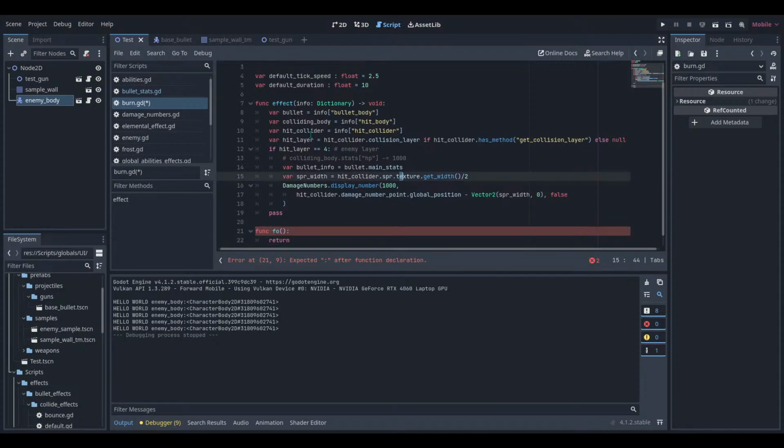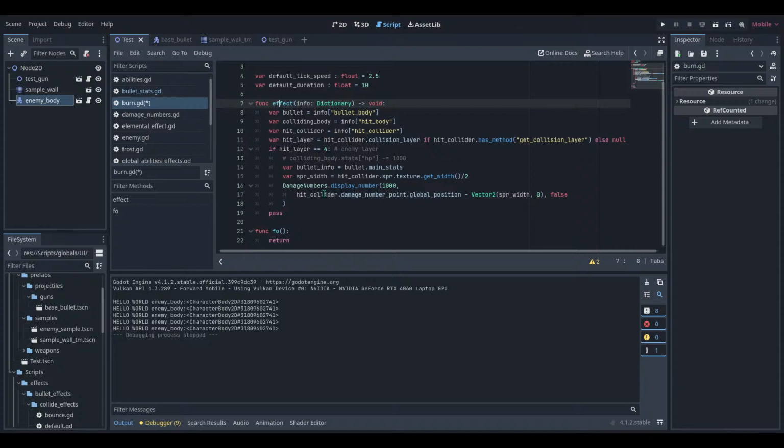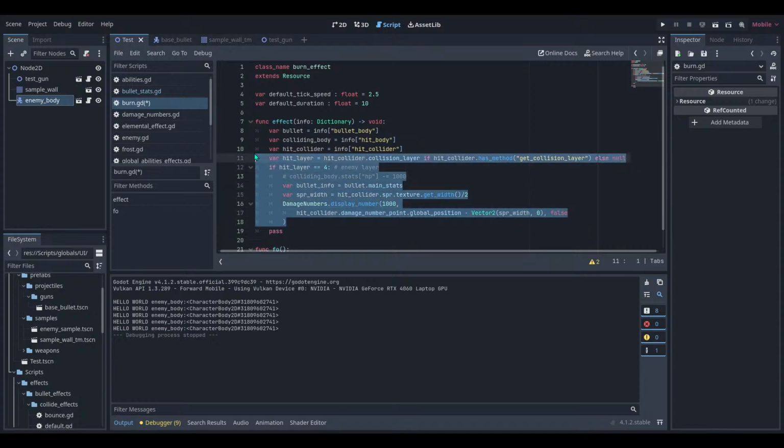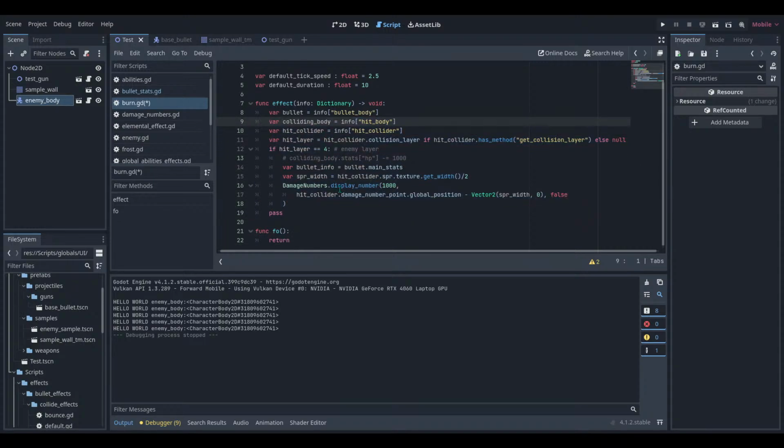Right. So ideally, this probably shouldn't be named effect, but I'm too far deep. I've jumped off the deep end. I'm not changing it right now. So this will pass it on, right, to the enemy, which it doesn't do yet, but I'm changing it so it will do that. And then this, the enemy can call to